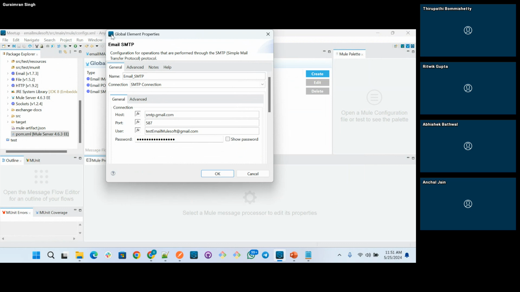I'm not saying we have not done everything in Gmail settings, and we have entered our host, port, username and password. Will that work successfully? Can anyone tell? Anyone from the team, have you tried this?